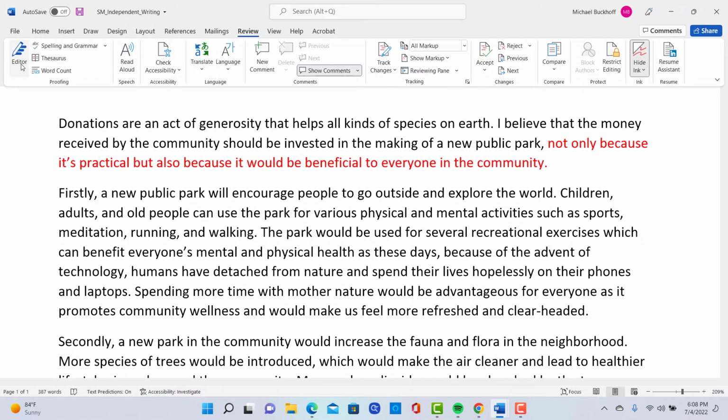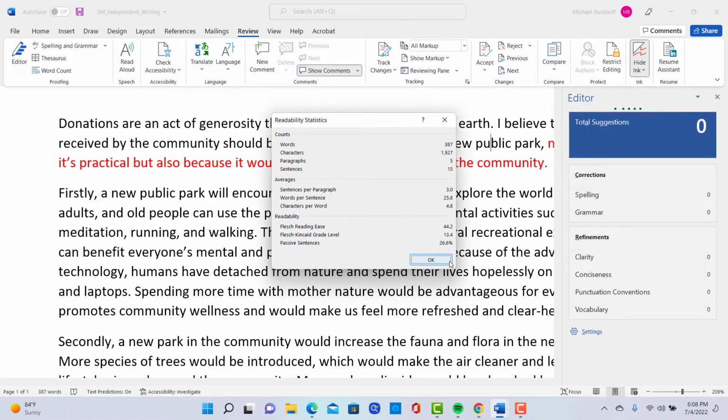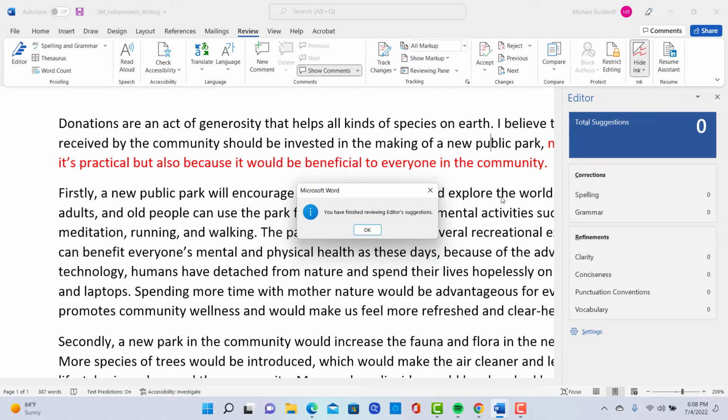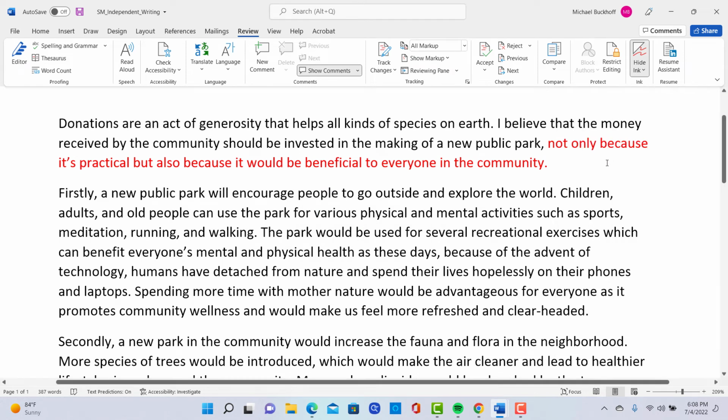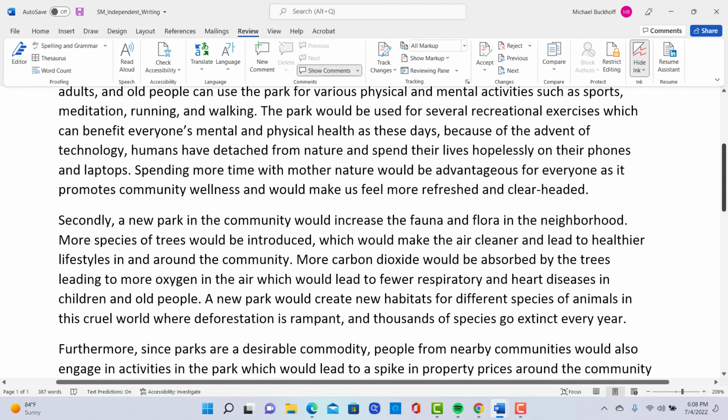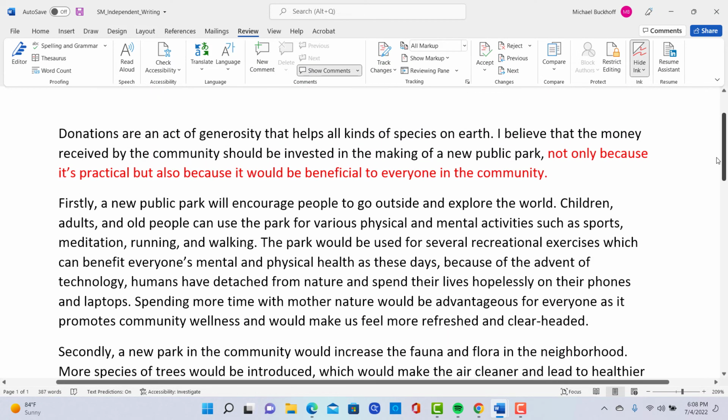And let's look at one more thing here. I'm going to look at the editor. Okay, so your words per sentence, it says, is 25.8. That's promising. Your characters per word is 4.85, which is actually strong. So it looks like you have good sentence style and vocabulary. The editor has really no suggestions for you at all. But still, as I said, I think it could be a little bit better than what you did.